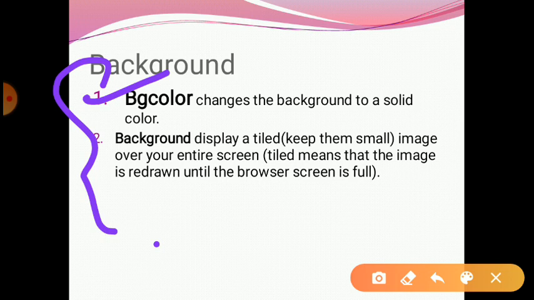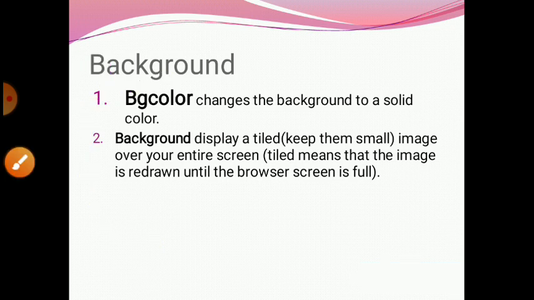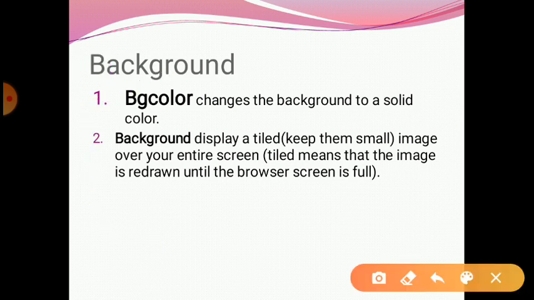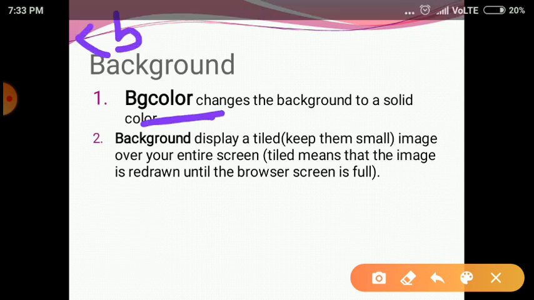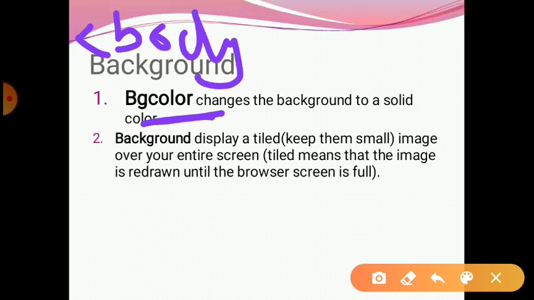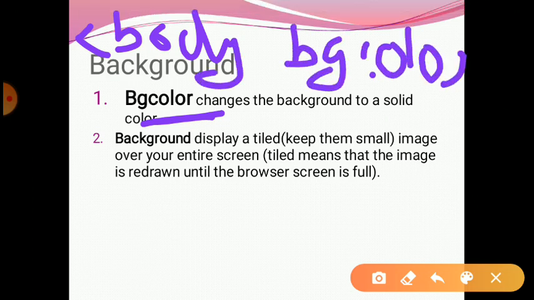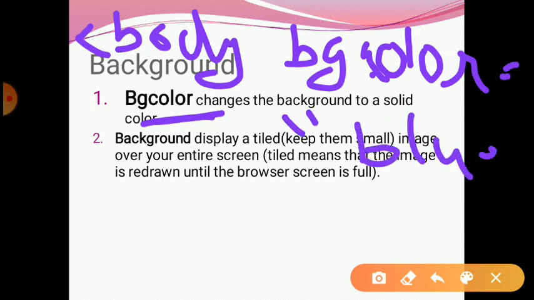If I want to change it to a red color, we use the bgcolor. So the tag is body, then after that bgcolor equal to, inside the double quotation I write blue, so our web page comes in blue color.